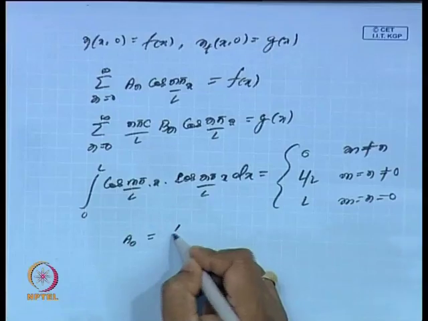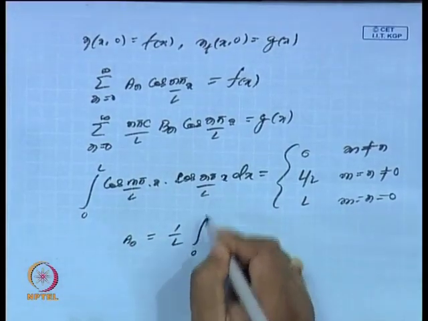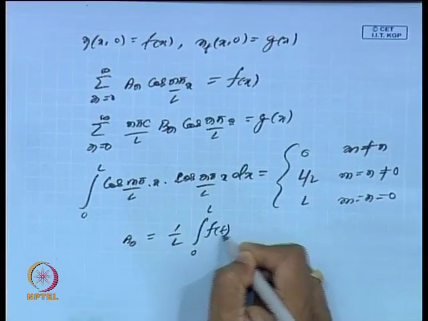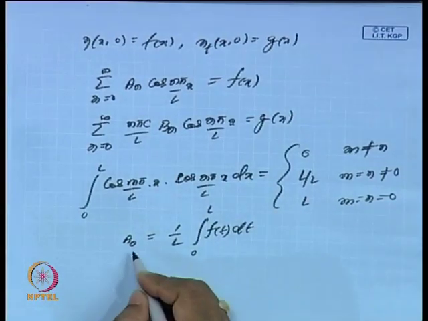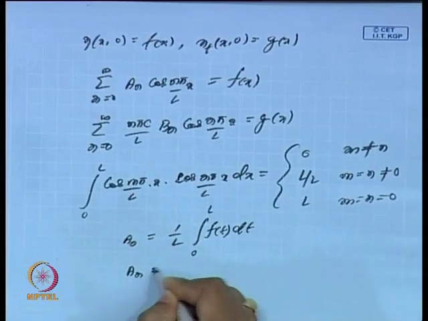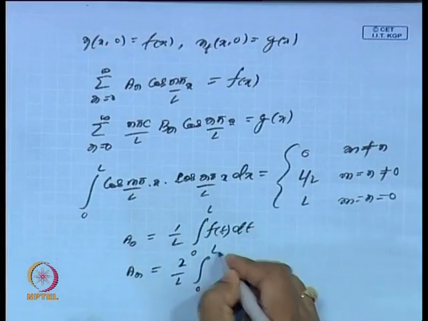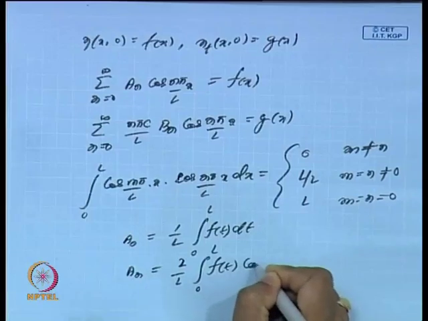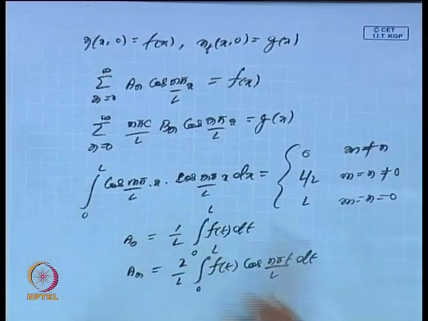A0 will give me 1 by L, I mean it is 0. So, 1 by L, integral 0 to L, f(t) dt. And because I just multiply now, if I use this again, what will happen to my a_n? This will be 1 by 2 by L, 0 to L, f(t) cos(n pi by L into t) dt,